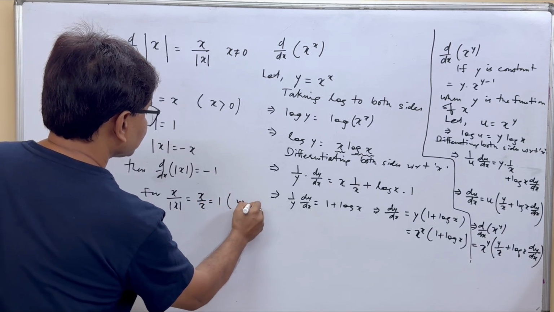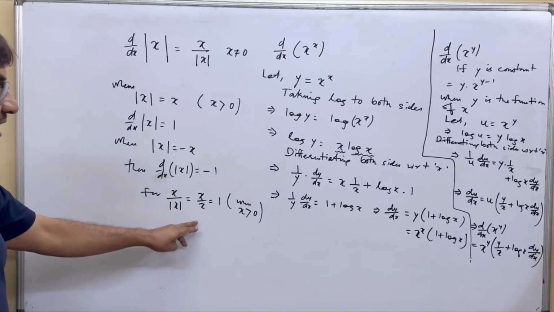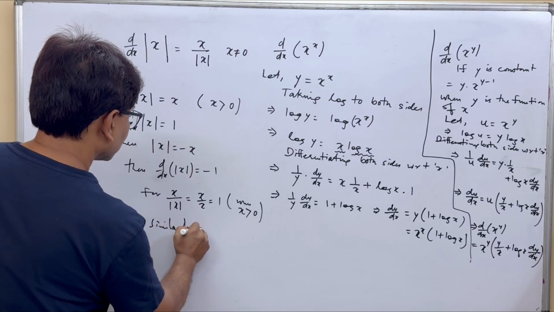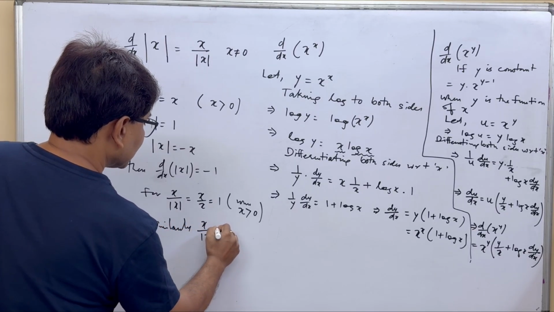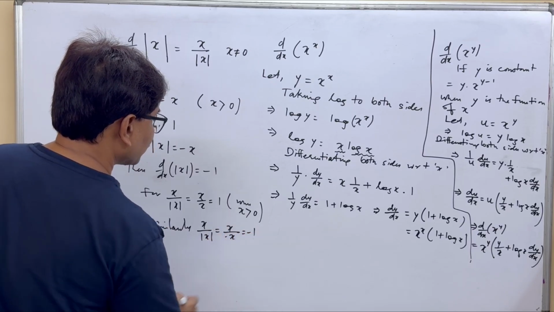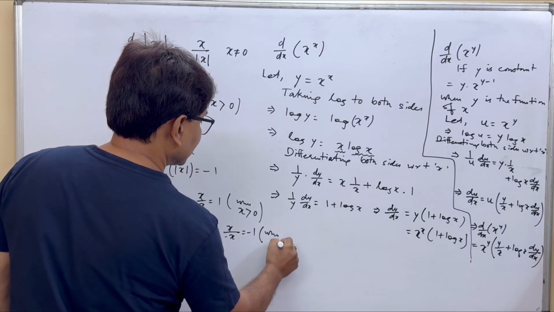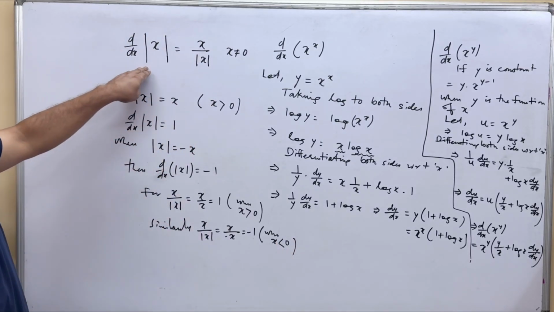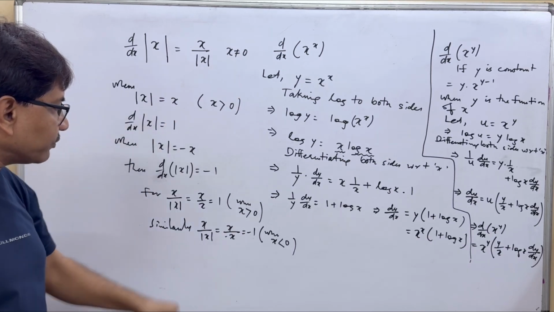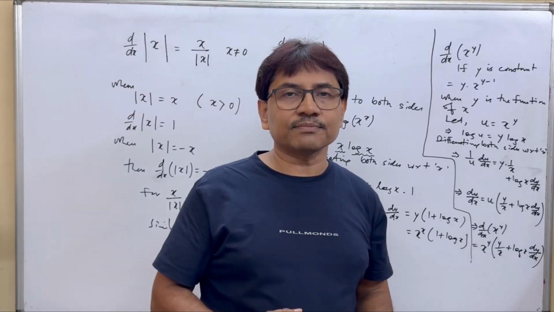That means when x is greater than 0, you are understanding, x by x is 1. Similarly, x by mod x equals x by minus x equals minus 1 only. That means when x is less than 0 it is minus 1. So obviously you are understanding d/dx of modulus of x is x by mod x when x is not equal to 0, because if we put x equals 0, then 0 by 0 format is undefined,